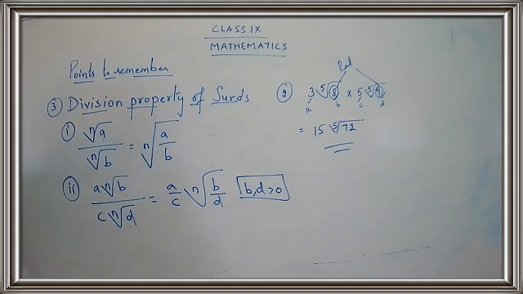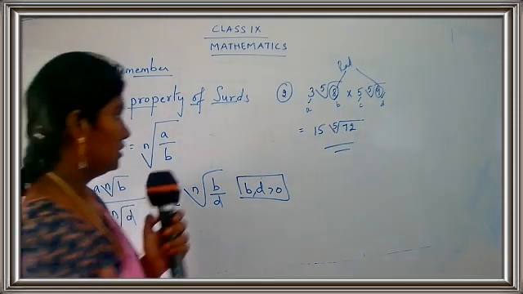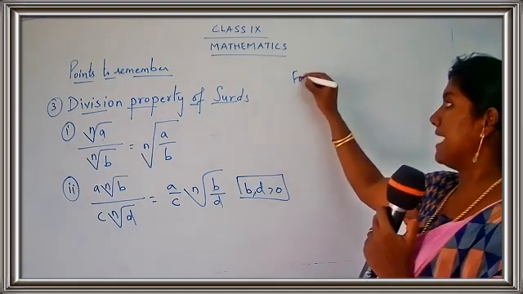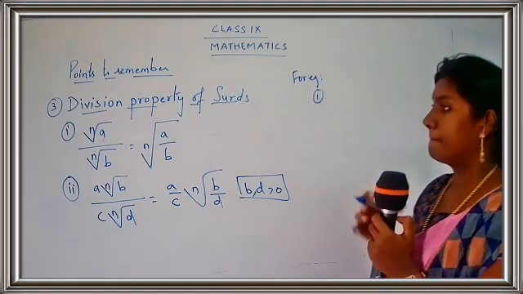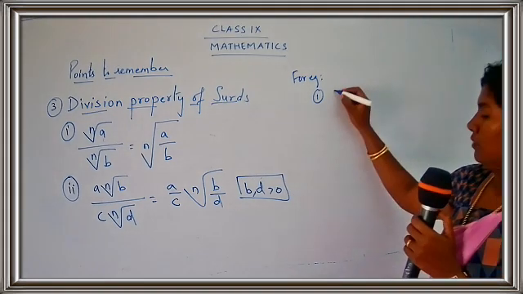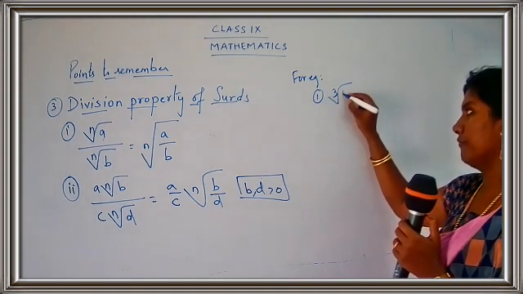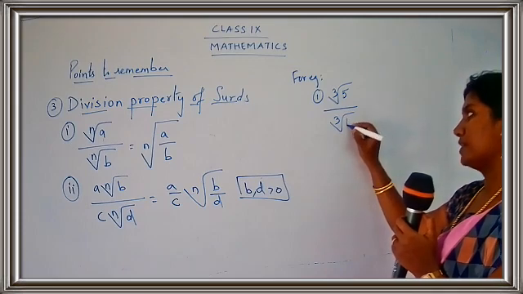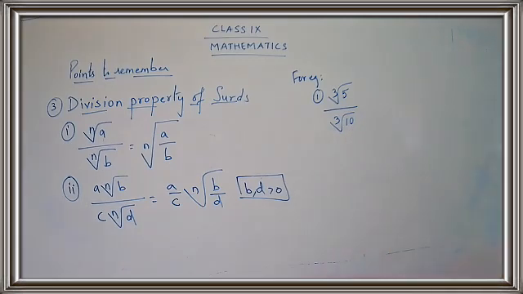Shall we do the sums? Okay, let's do some of the sums. I'll give you some examples for division. For example, take the first one. Cube root of 5 upon cube root of 10. Let's do the sum. This is division. So you are going to follow a division over here. What's the division given to you? Cube root of 5 upon cube root of 10.